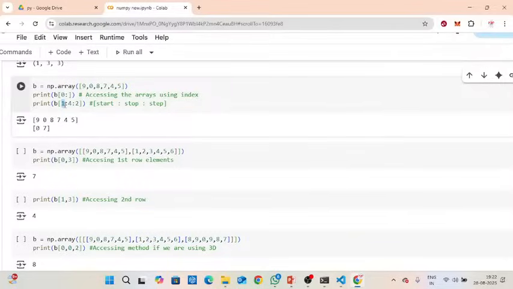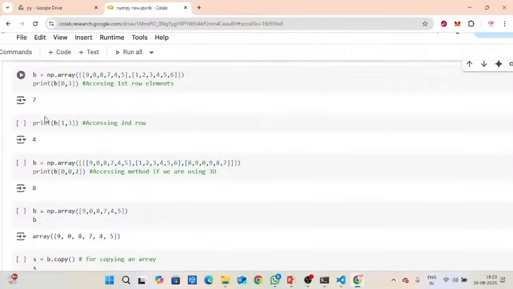That means in the index value I need to start from 0, the first position. It will start from 0 and go to 4: 0, 1, 2, 3, 4. Here it will end at 4, so it prints up to n minus 1. So it printed 7. And then it needs to print each second term. So this was the first term and this was the second term. I need to say skip one term and print the second term. Likewise, I mentioned it here. So 0 and 7 were printed here. Here I don't mention anything. From 0, you need to print all the things. Likewise, I mentioned it, so it prints everything.